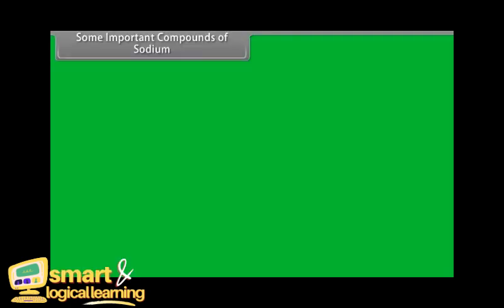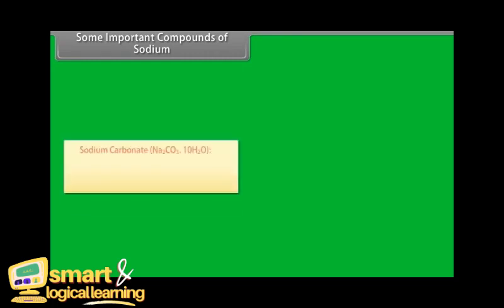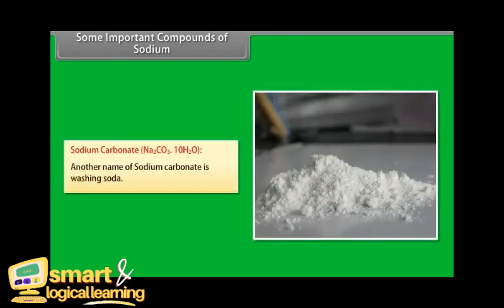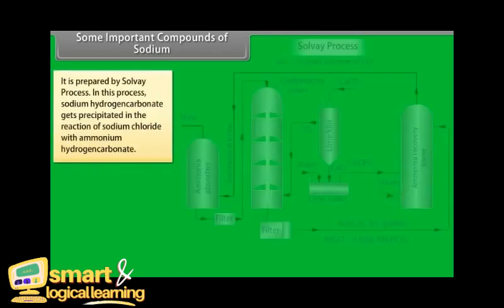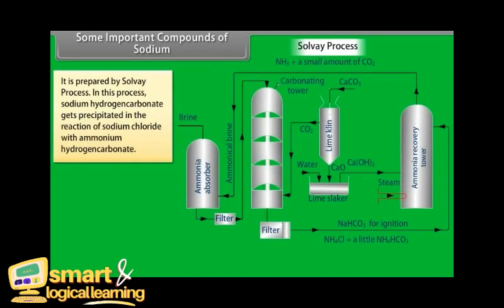Some important compounds of sodium. Sodium carbonate. Another name of sodium carbonate is washing soda. It is prepared by the Solvay process. In this process, sodium hydrogen carbonate gets precipitated in the reaction of sodium chloride with ammonium hydrogen carbonate. The equations for the complete process are